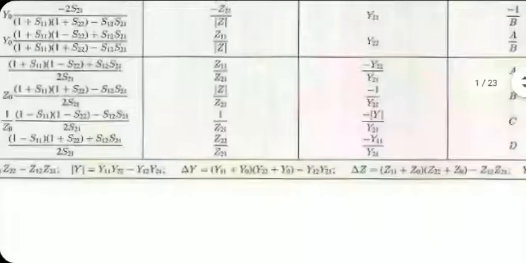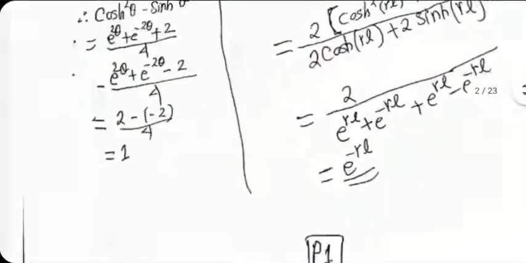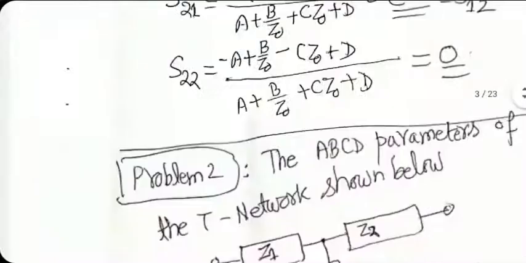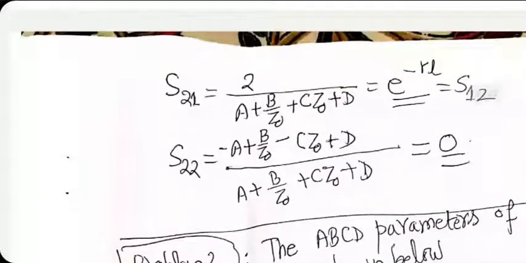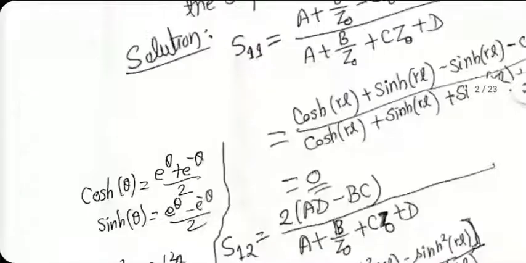Instead of positive A in the first formula, you have minus A. The other 2 terms are identical and the last term is plus D in the formula for S22, while it was minus D in the formula for S11. But anyway, in this case, A equals D, so this also is immaterial for what we are doing right now. So S22 also turns out to be 0. This also agrees with what we did in the past. So it's good to see that these formulas actually work.